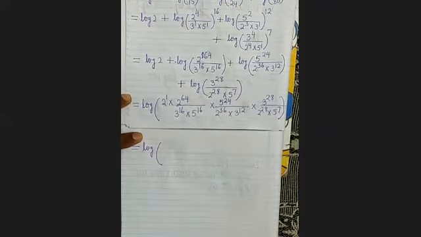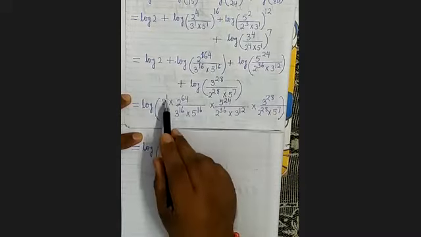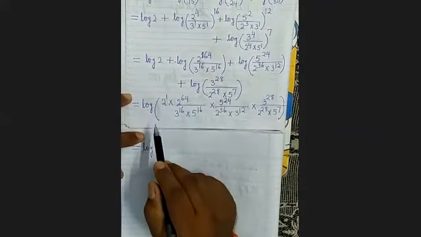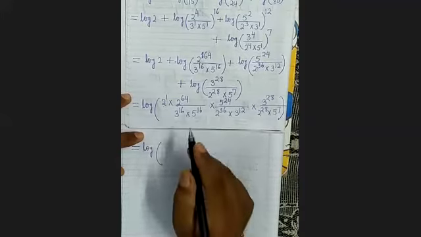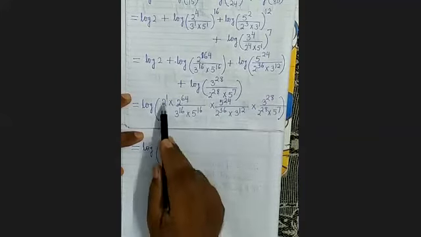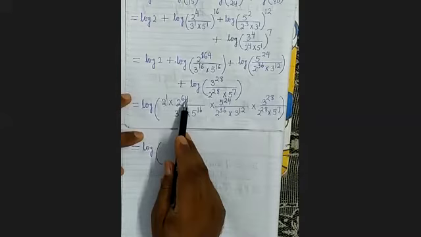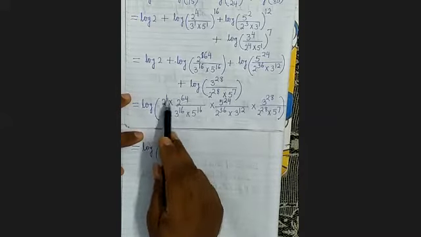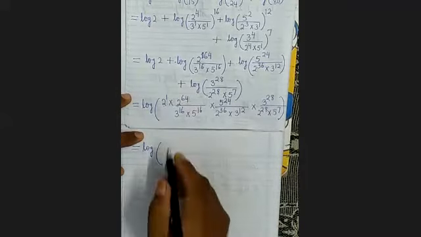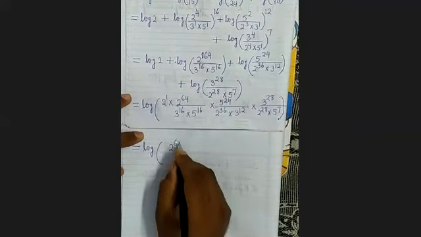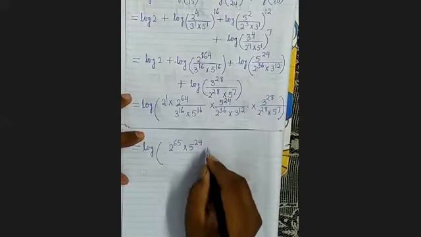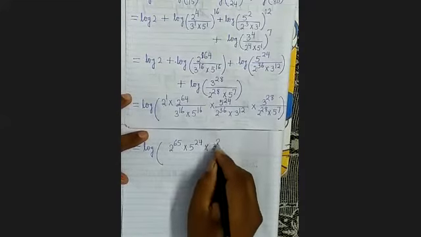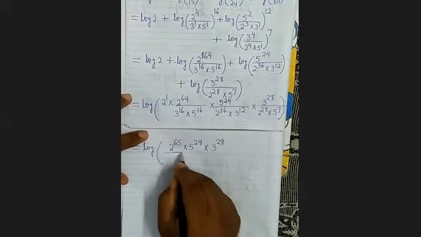Apply the laws of indices. 2 to the power 1 into 2 to the power 64. What will you get? 2 to the power 65. Bases are the same, therefore powers will be added. 2 to the power 65 into 5 to the power 24 into 3 to the power 28 divided by